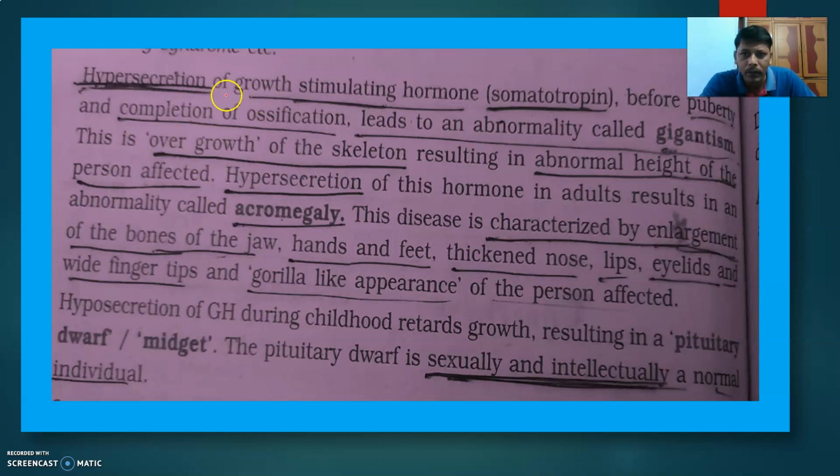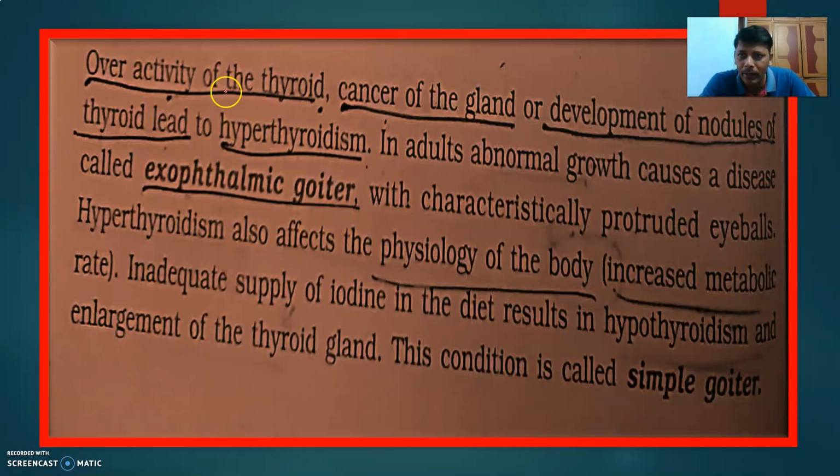Next one is the pituitary gland, and what happens with thyroxine disorders, because of hypothyroidism and hyperthyroidism, what disorders would develop. We will talk about this in the next part.